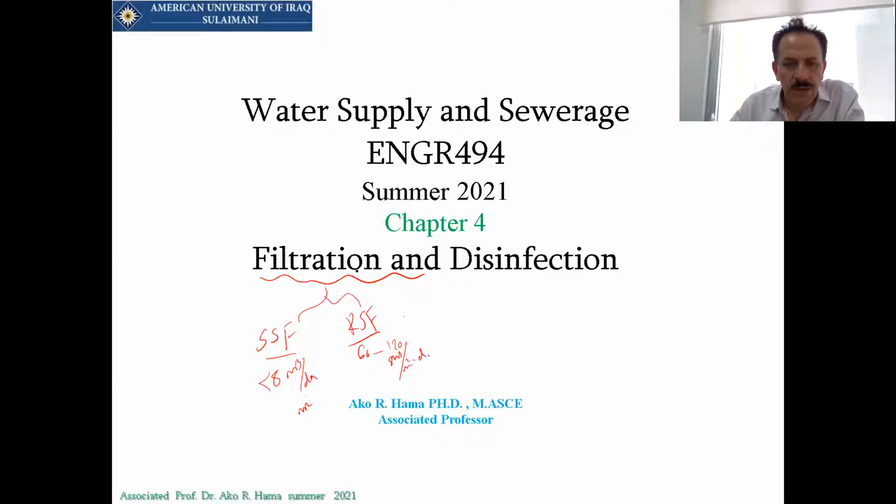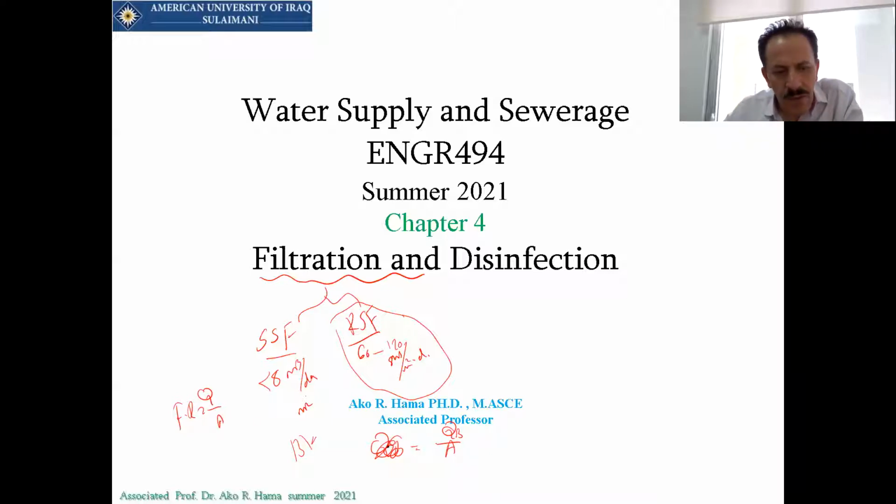And we say that we have backwash flow, and backwashing is usually used for rapid sand filters, when we want to wash the filter. So this is the backwashing rate, which is equal to Q over the area, where Q is the backwash rate. Filtration rate is equal to the Q required by the area of one filter, and backwash rate is the Q backwashing per one area of the filters.